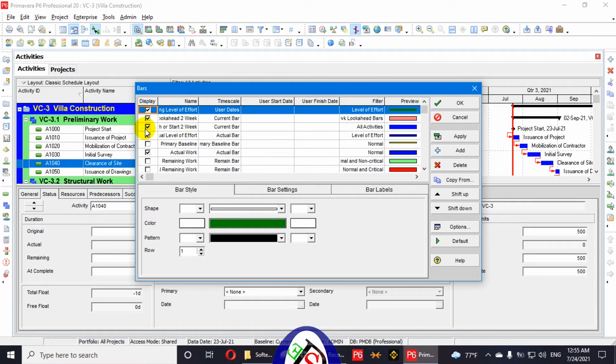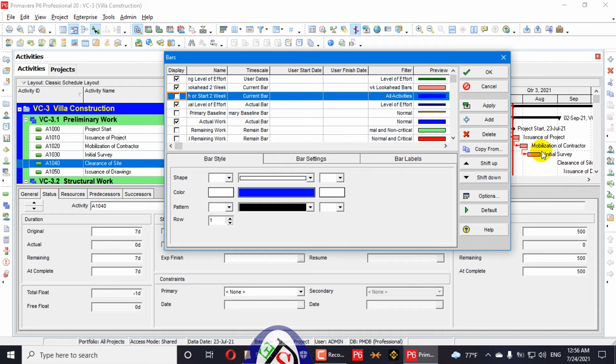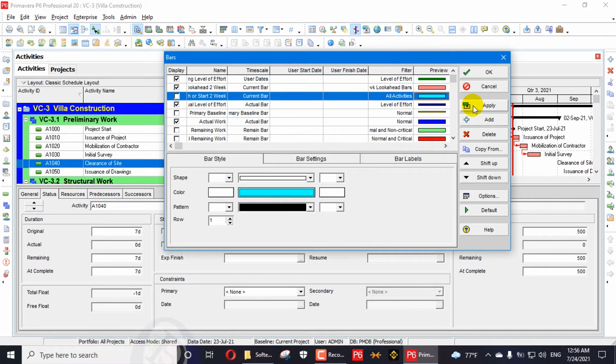Bars here, we will unselect this one. These activities are up to 4 activities, 1 2 3 4 activities are in look ahead, so that's why these are changed into this color. So the next one we will change this color also here. So we will change this color to sky, apply,